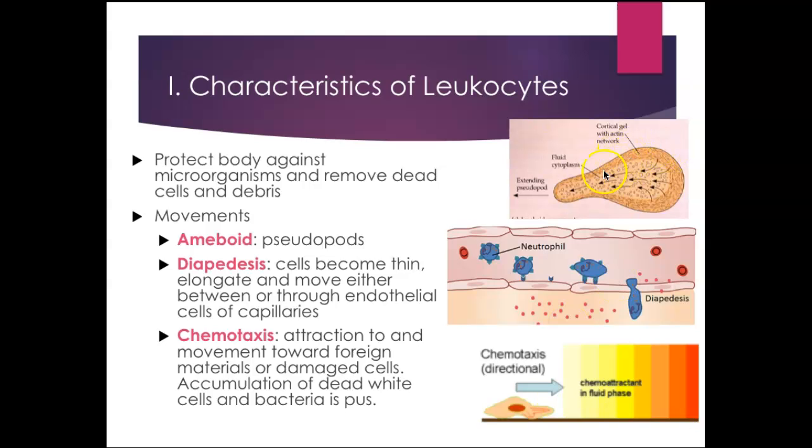The first movement is an amoeboid movement, where they have pseudopods that can extend out to reach different types of antigens or cells. Another special feature is that they can perform diapedesis. So that means these white blood cells are going to become thin and elongated in order to move